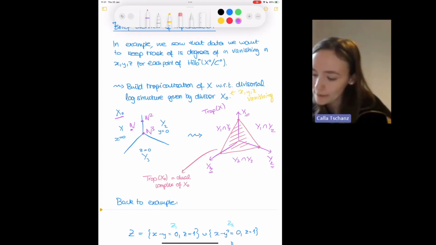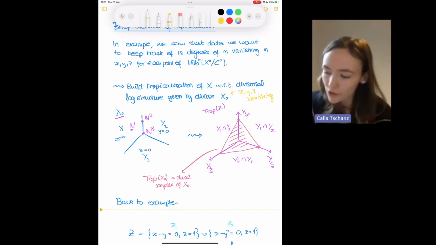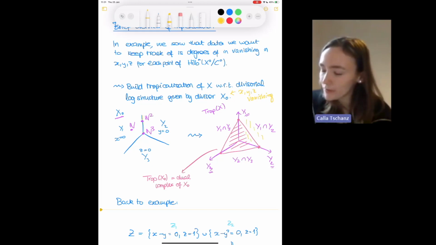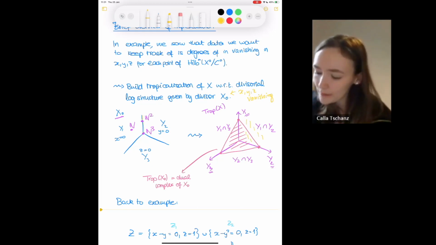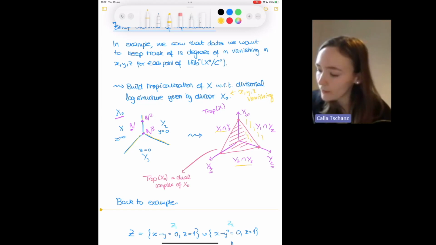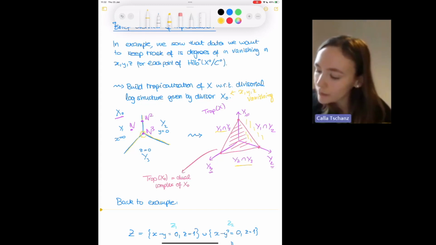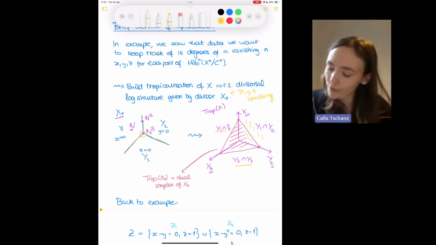Then this intersection locus here of Y1 intersect Y2, this should be two-dimensional. And it'll be this here, this two-dimensional face of this cone between the Y1 and the Y2. Similarly, Y2 intersect Y3 and Y1 intersect Y3 will also be these two-dimensional faces here of the cone. And then this triple intersection point here in the middle will become something three-dimensional, the three-dimensional interior of the cone on the right-hand side.